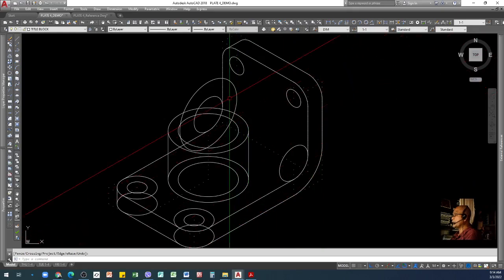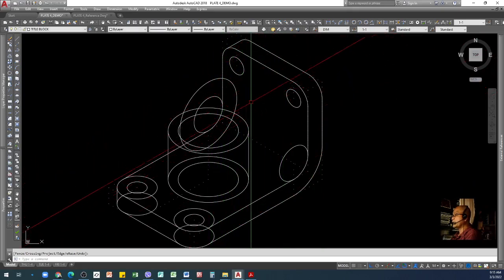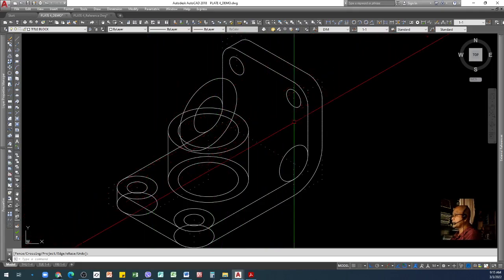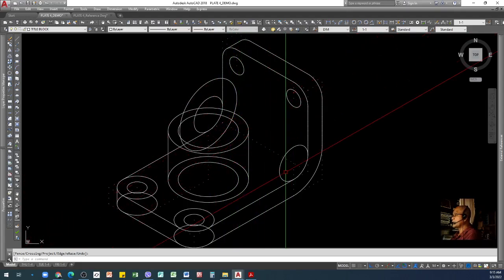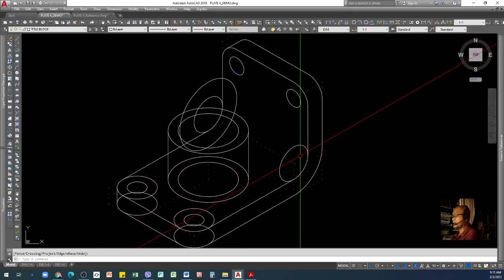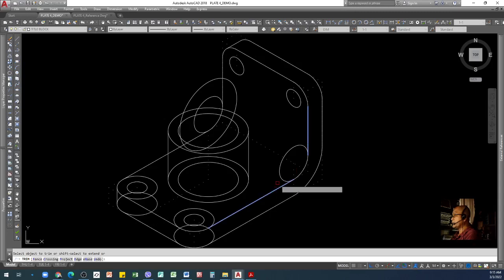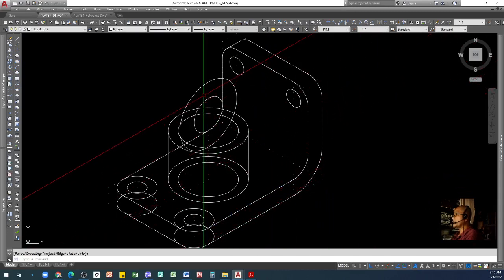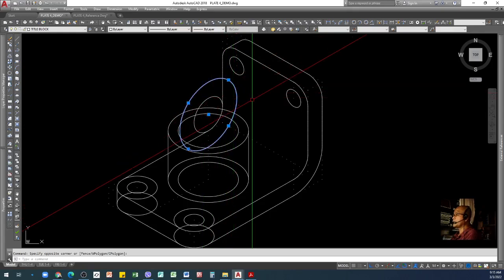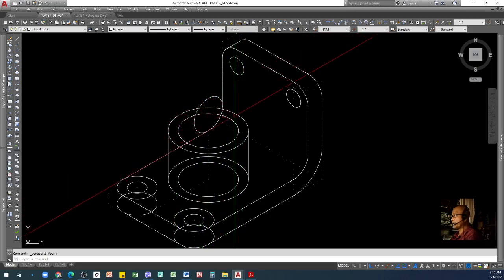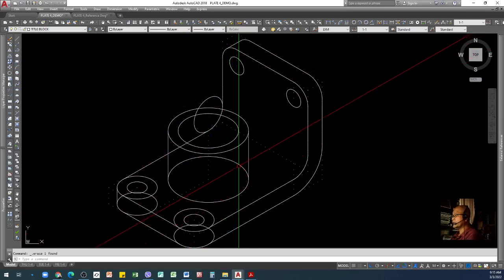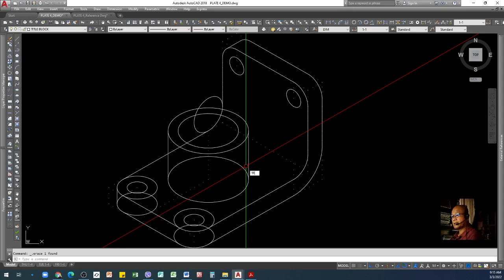remove. By the way, if you are not accurately doing the lines, meaning the endpoints of your lines and ellipse are not touching each other, the trim command will not function. Alright, so you have to be very accurate. And then trim, we don't need this, remove this. Totally we don't need this bigger ellipse, so this one we can remove, but it will be partly hidden with this one, so we need to complete these two first. This one obviously we don't need, and this inner part, it is hidden also.